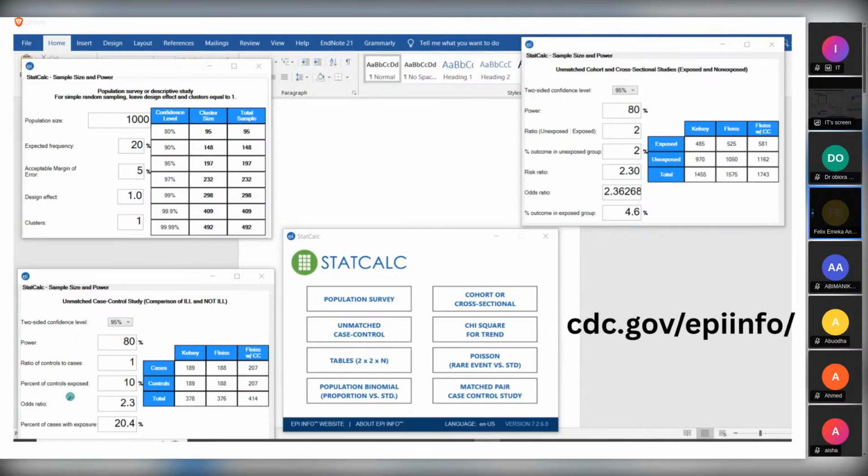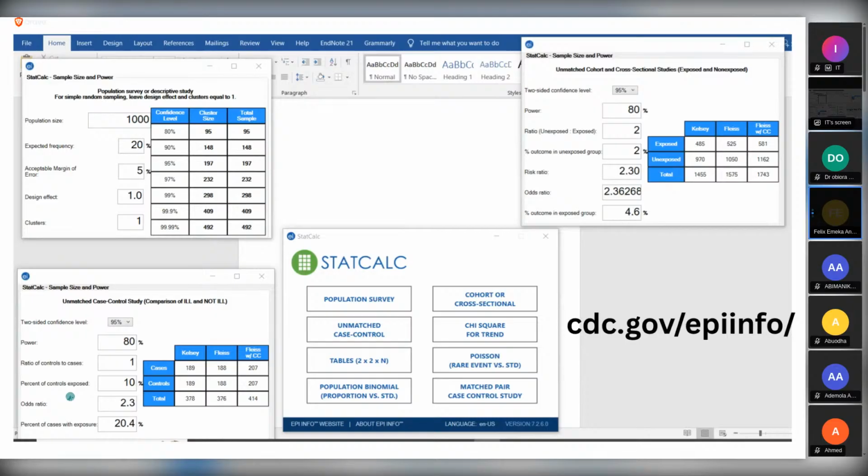Then for the case group, it will be the odds ratio because it's a case control study. So if you check previous case control study, you will see the odds ratio, meaning the odds of the cases having the condition that you're measuring, the odds of the cases having noise-induced hearing loss, the odds of the cases having depression, the odds of the cases having malaria. Is it 2, is it 2.1? So odds ratio of 2.3 simply means that those that are cases are 2.3 times more likely to have the outcome you're interested in.